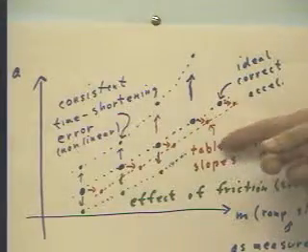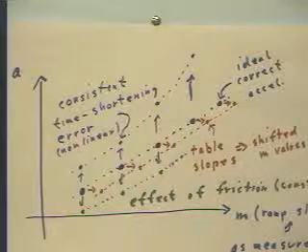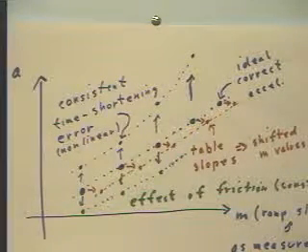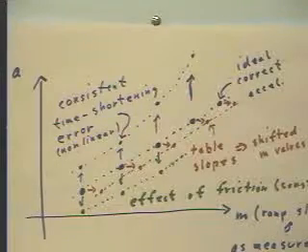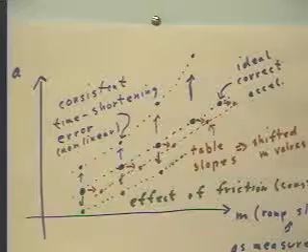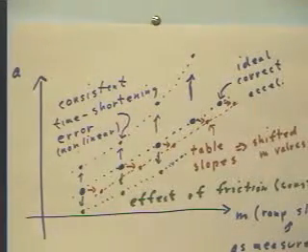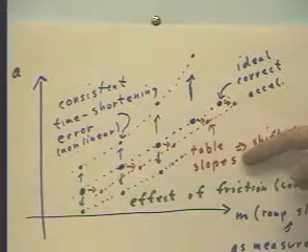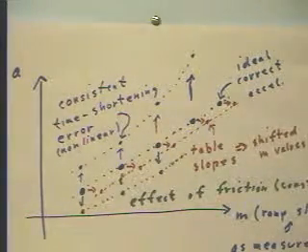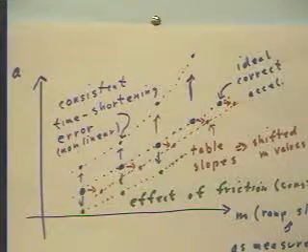One possible error: the table that we're on slopes. Remember that we are often determining the slope of the graph by measuring the height of one end of the ramp and the height of the other end. If the table itself slopes, we're not going to get an accurate slope. The slope of the table is going to be added to the slope that we obtain when we measure from the table. Well, this is an error, but it's not going to affect the final result of this experiment, because